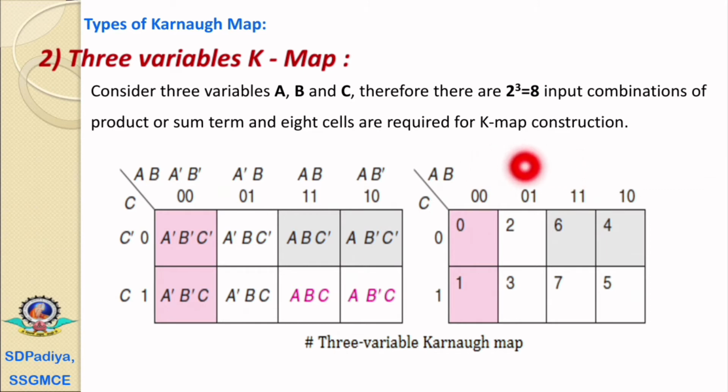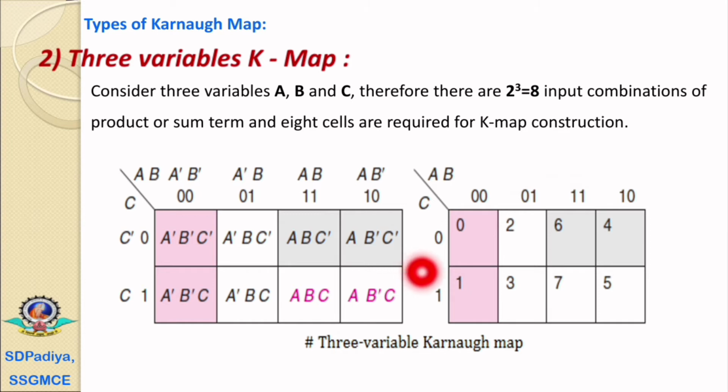Now, for the third, the first and second are adjacent, therefore there may be the change of only one variable. Therefore it is 0 0, then it has the change in the second variable, it is 0 1. Now it is 1 1, there is a change in only the first variable, and the last is 1 0. That is a change in the second variable. And for the C, the first is 0 and second is 1.